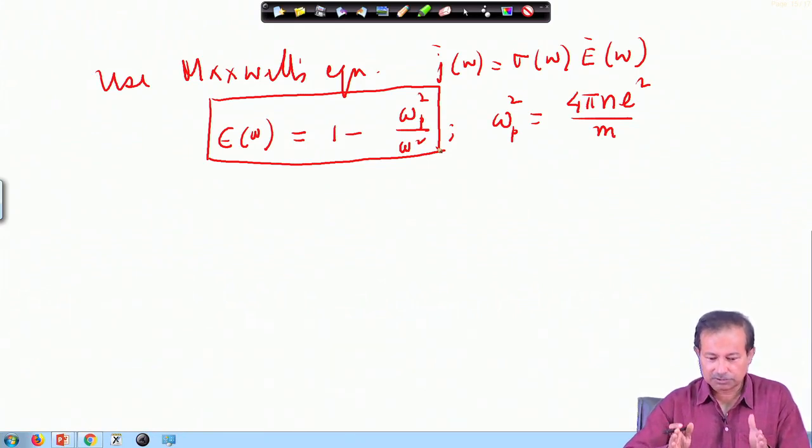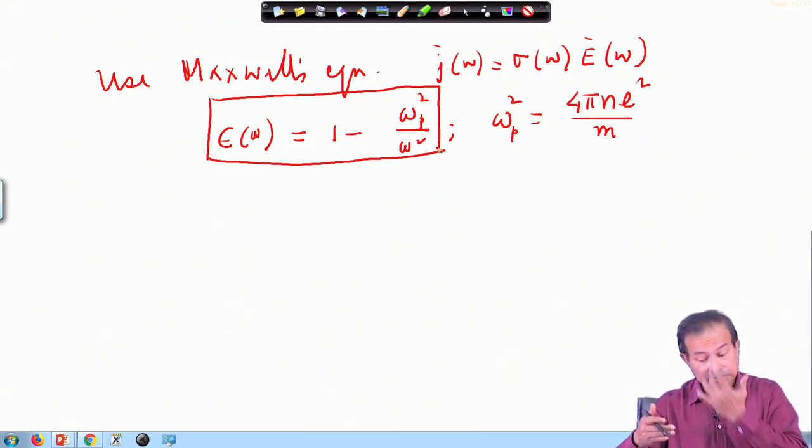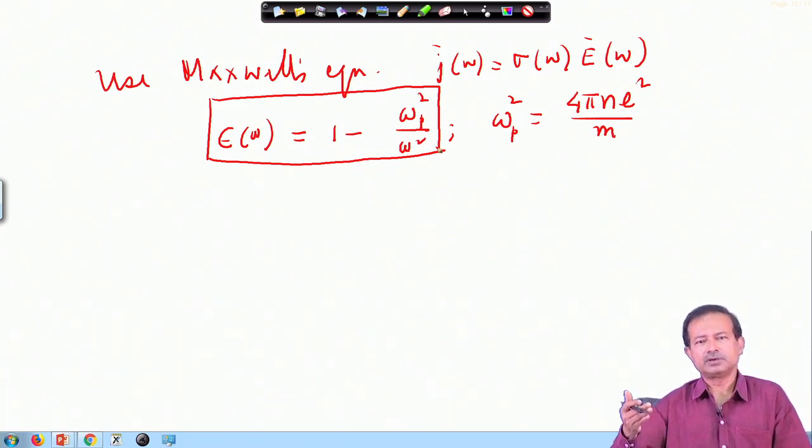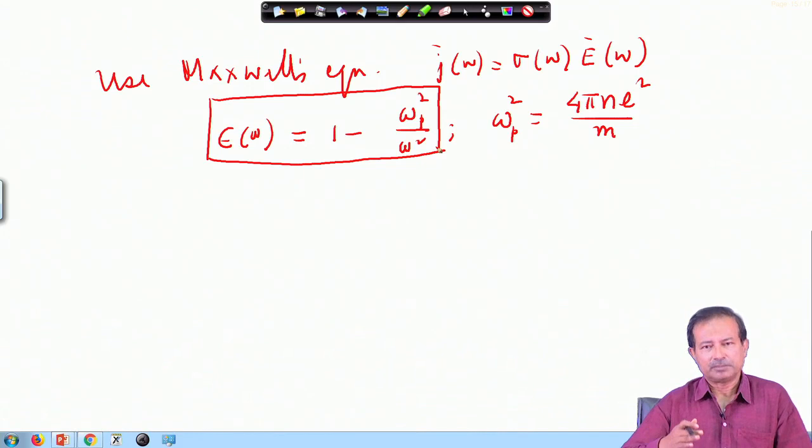So, a conclusion from this simple classical model with a relaxation time approximation tells us that a metal can be transparent to oscillating electromagnetic radiation, or the radiation can decay. A lot of useful physics can be obtained from a simple model like this, and that is why the Drude model has been studied for so long. It has not run its course. Many simple-minded pictures can be obtained from this extremely simple and classical model of Drude.